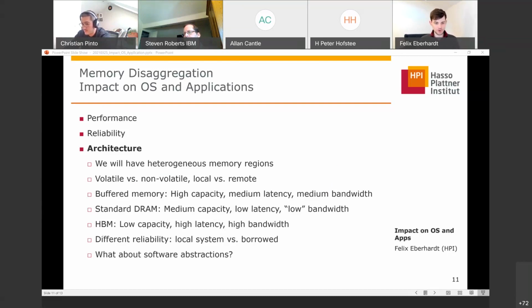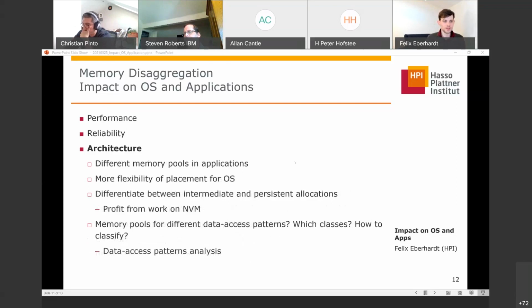And now with the borrowed memory or memory inception, thinking about the reliability aspect, you could say that we now also have different reliability. You have your local system and you have your borrowed or your remote system. So how do we deal with our applications with that hardware, right? So what about software abstractions? Well, you can think that